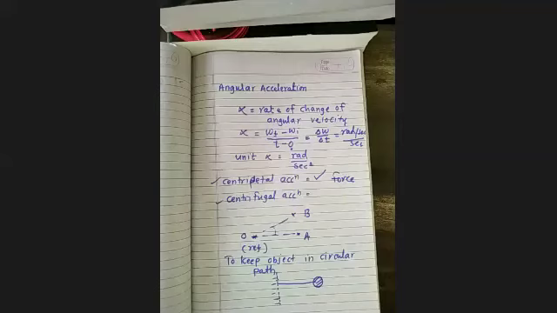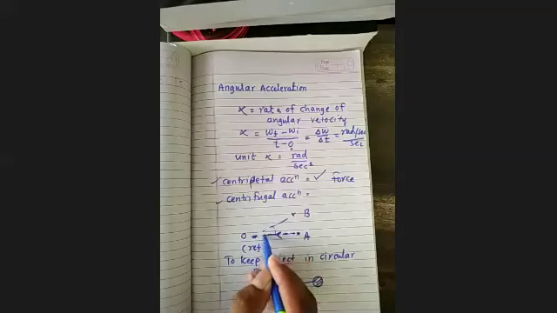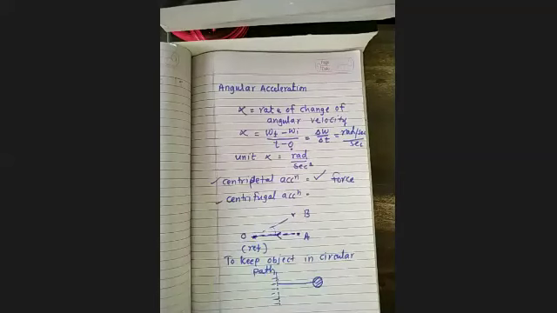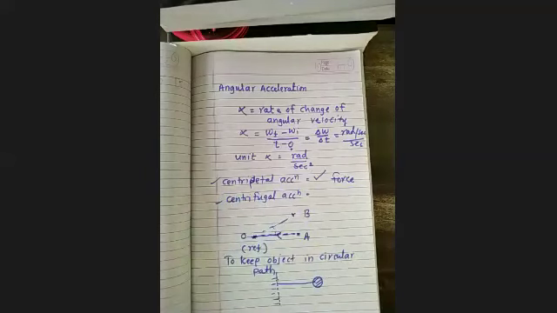Now what is the direction of the centripetal force? The direction of the centripetal force is the acceleration along the radius towards the center. So that is called centripetal acceleration. It is the acceleration imparted by the observer, or we can say any force on an object along the radius toward the center is called centripetal acceleration. That is a very trivial definition we already have.